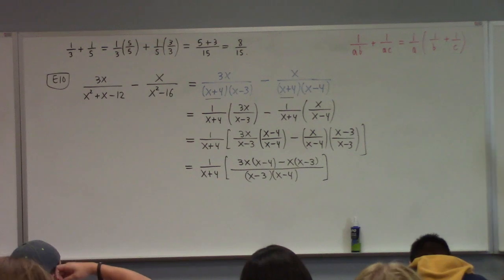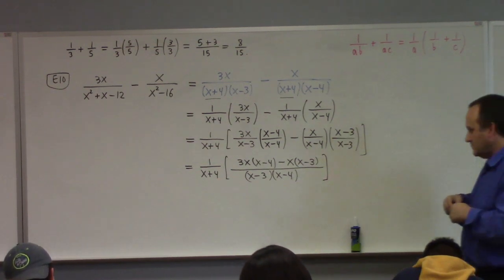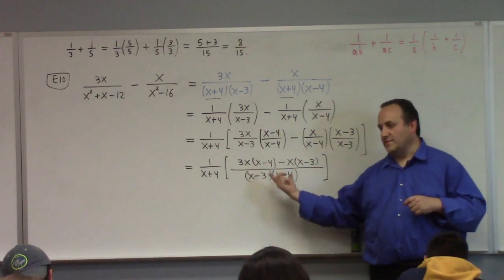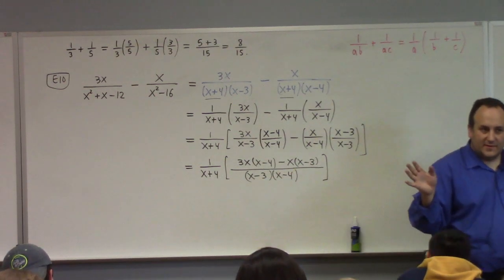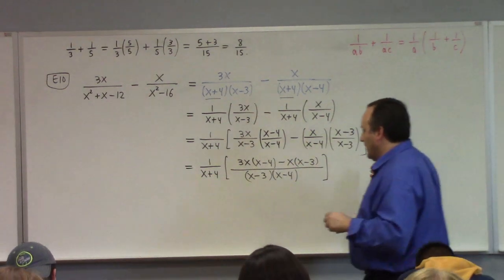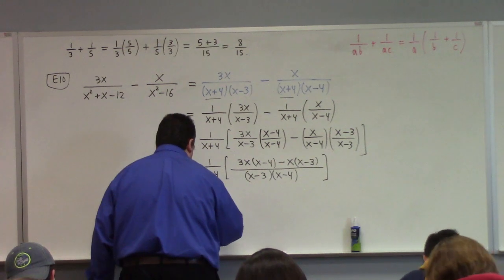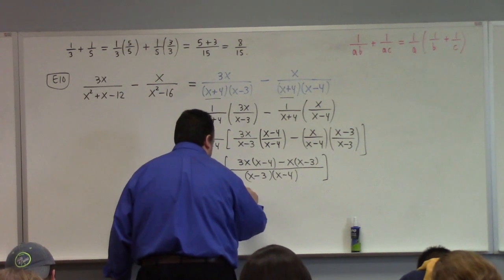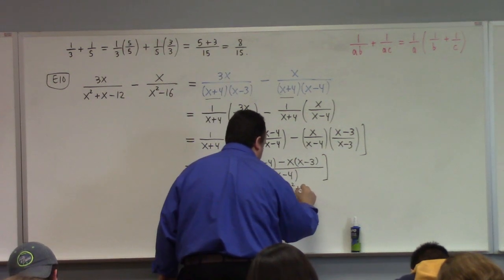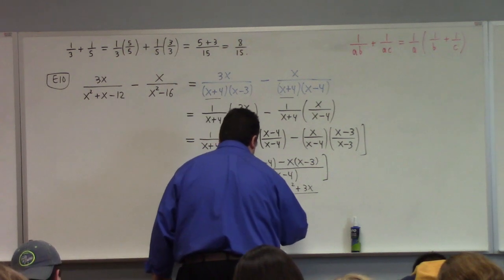All right, so can we do better? Well, now I just heard x minus 3 and x minus 4 on the top and the bottom, but I cannot cancel them because it's not everywhere. So what I want to do here is multiply out, see if I can make anything prettier. So 1 over x plus 4, we've got ourselves a 3x squared minus 12x minus x squared plus 3x divided by x minus 3 times x minus 4,